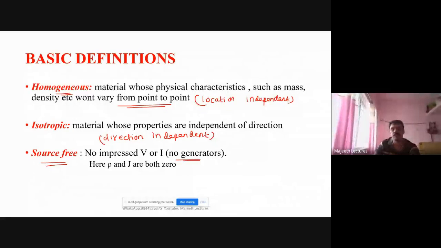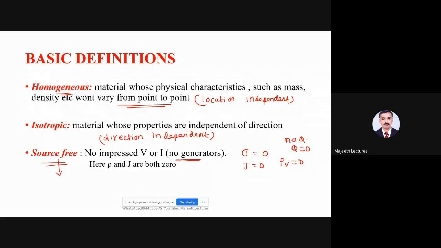So in source-free medium, conductivity is 0, right? Because there is no source, current density is 0, charge density is 0 because there is no charge. Here Q is also 0. A medium is called source free: Q = 0, rho_v = 0, sigma = 0, J = 0. Right? Another thing we must remember, source free means without source, then you can ask how the wave will be